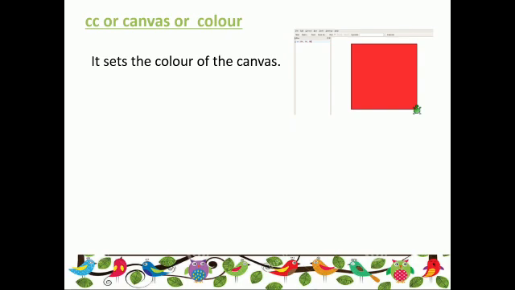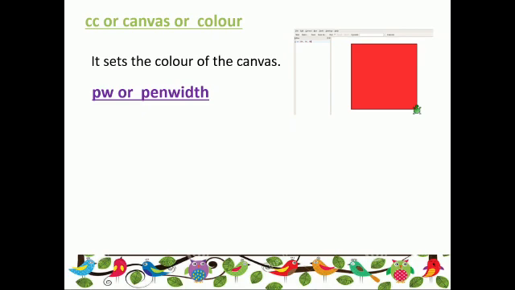There are many colors in it. There are color codes. You have to learn them. When you learn all the codes, you can type them with this command CC. If you write CC 250 50 50, it will give you this red color. If you write 250 0 0, it will also show red color, but with a slightly different shade.